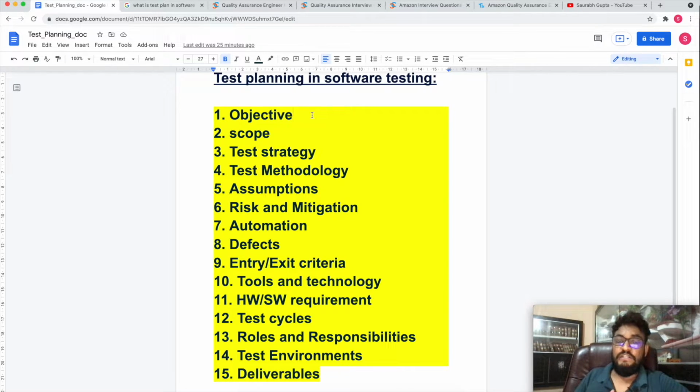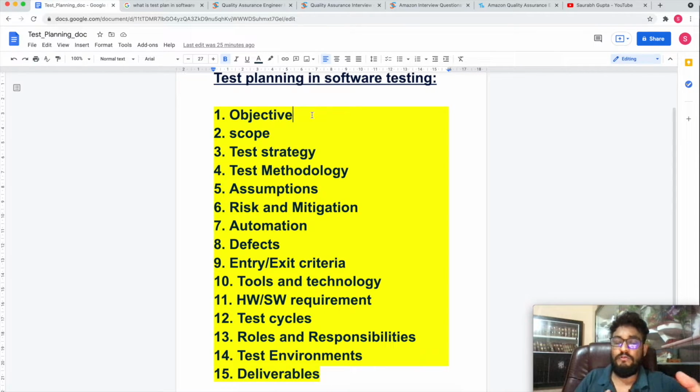I hope you are clear on the difference between a test scenario and test cases. Let me quickly tell you: a test scenario is basically a high-level view of the module which you are going to test, and test cases are one level down. For example, testing the login module will be the test scenario.